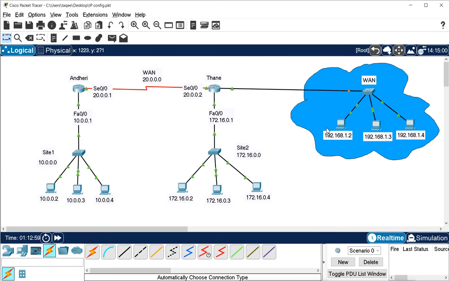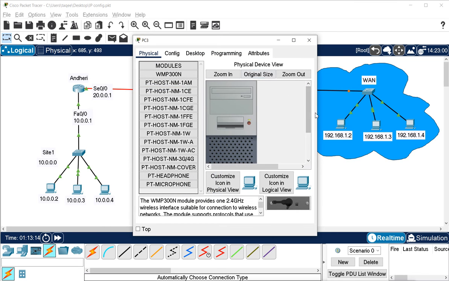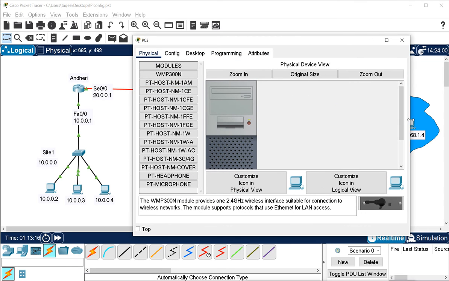Now these machines are connected to this network, but when we try to connect, let's say I will try to ping from this machine to any of these machines of the other network.